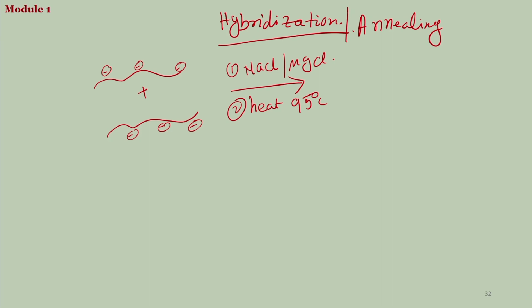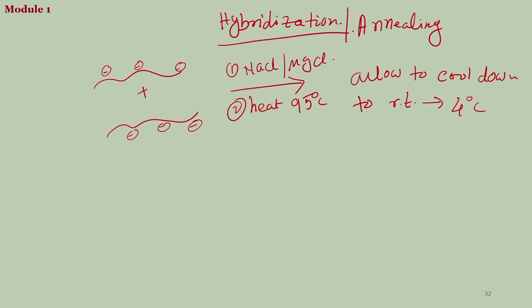Now, you mix them together and allow it to cool down to room temperature. Or if your DNA is shorter, you can still move to lower temperature, just like refrigeration,